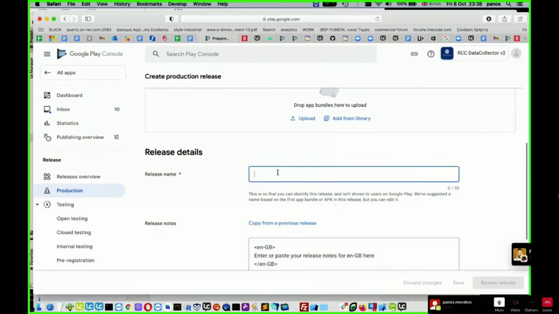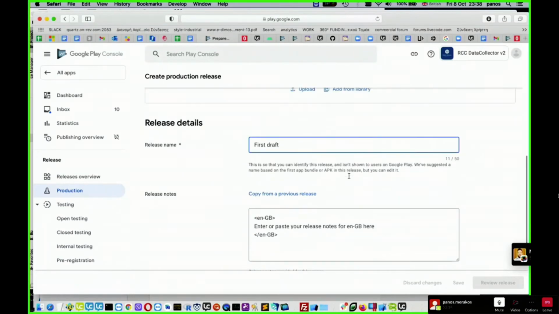Let's enter the details first. Release name. Let's call it first attempt. Oh no, let's say first draft. Well, it's not exactly a draft. Anyway, let's leave it.